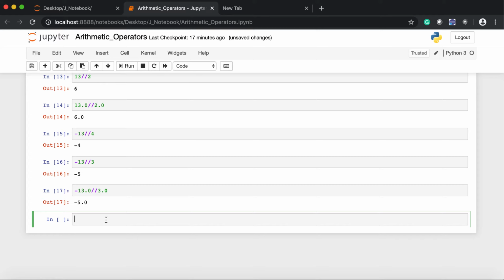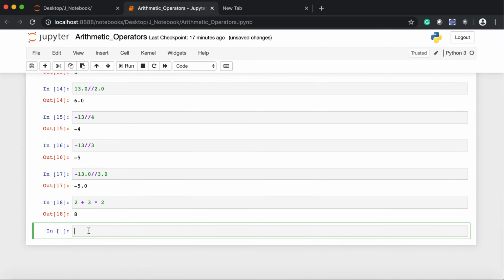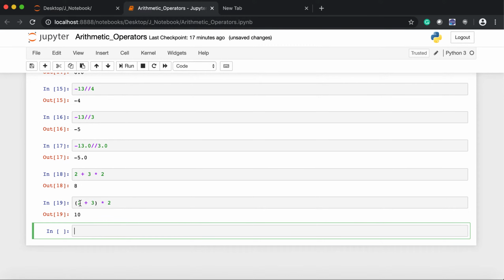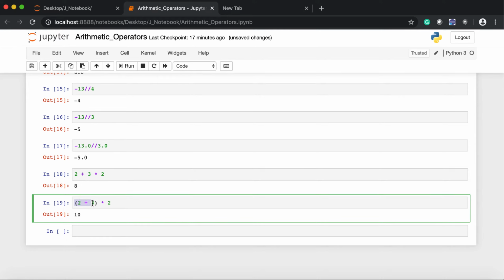So before going to learn the operator precedence, just let me show you one quick example. Let's say we have 2 plus 3 into 2, then here you can see the result is 8. But if I write (2 plus 3) into 2, then in simple mathematics the answer will be 10, because first this expression is going to execute, that is 2 plus 3, 5, and then 5 into 2,